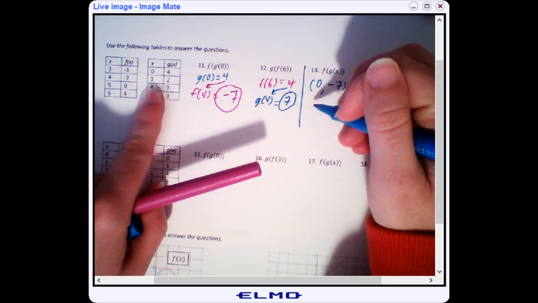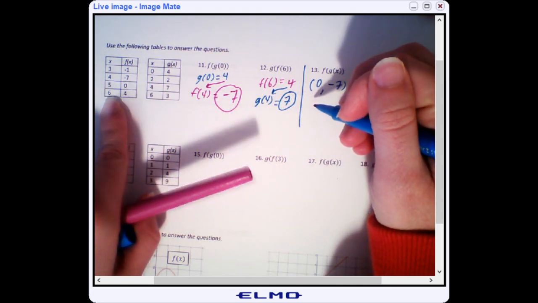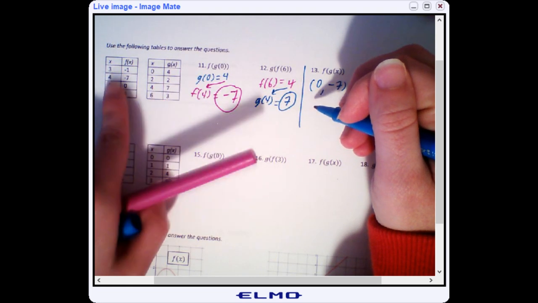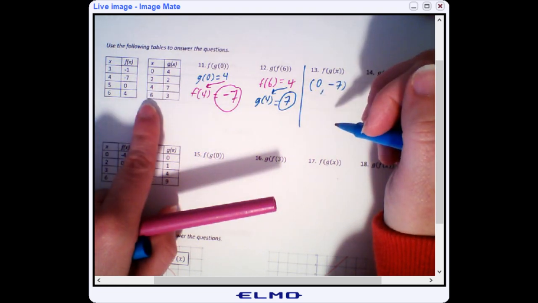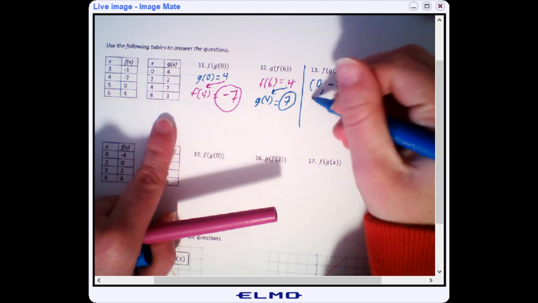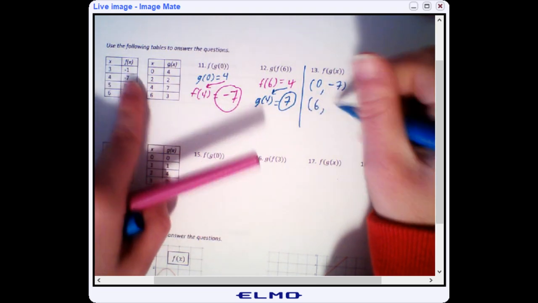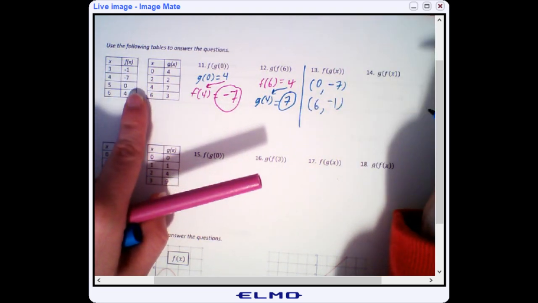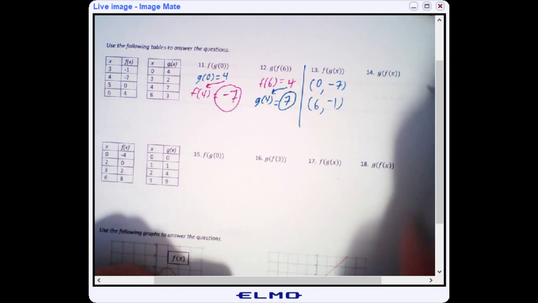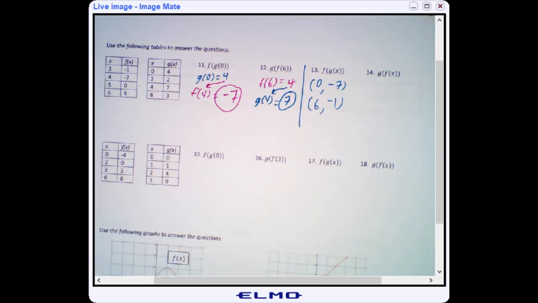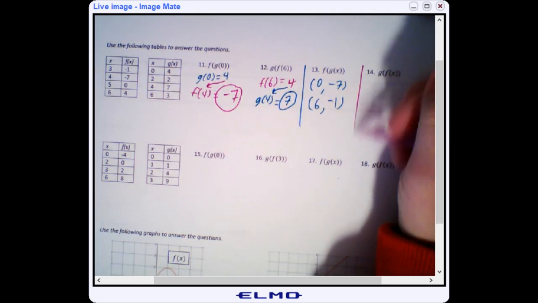And then 2 goes to 2, but I don't have a 2 over here, so that's not one. 4 goes to 7, I don't have a 7. 6 goes to 3, and then 3 goes to negative 1. So I'm just seeing which ones have a match. But then for g of f of x, I'm going to start in the f one,